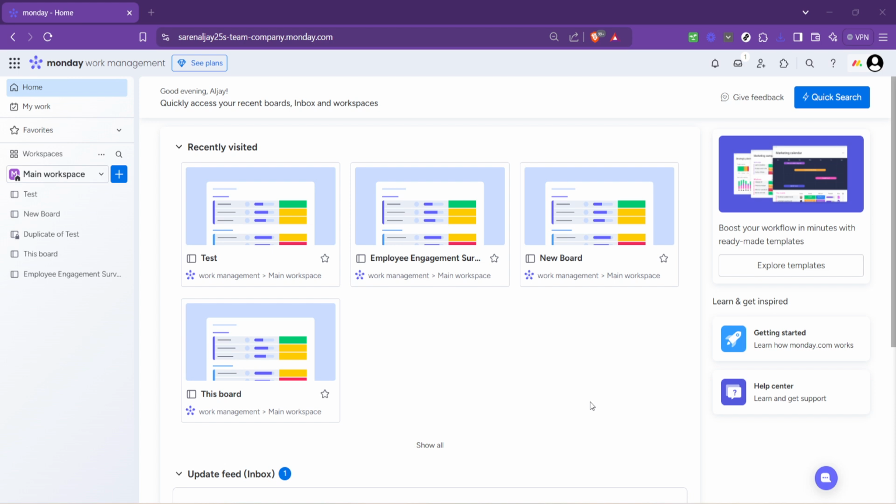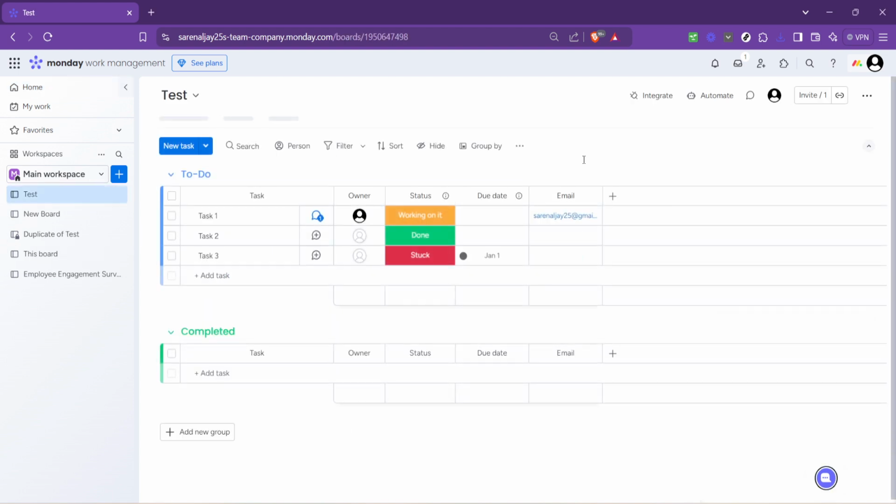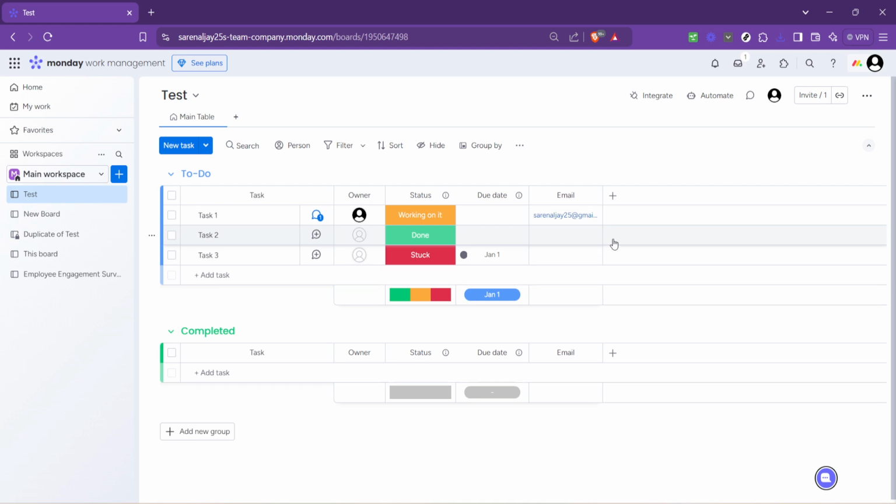Once you're on the homepage, your next step is to select the board you wish to turn into a template. This could be any board that you've carefully set up for a specific project, workflow, or task list that you believe will be beneficial to replicate for future initiatives. Take a moment to ensure this board encompasses everything you want in your new template, from columns to integrations and automations. After selecting your board, look towards the top right corner of your board's interface.